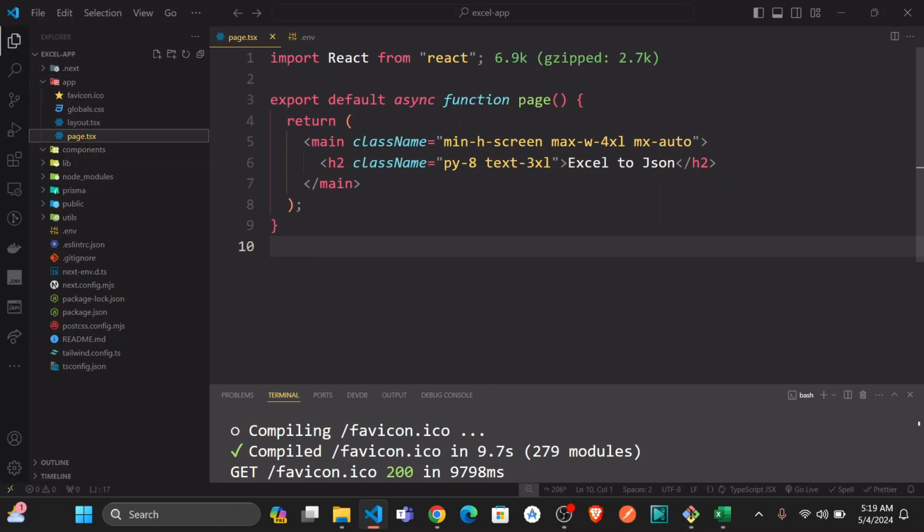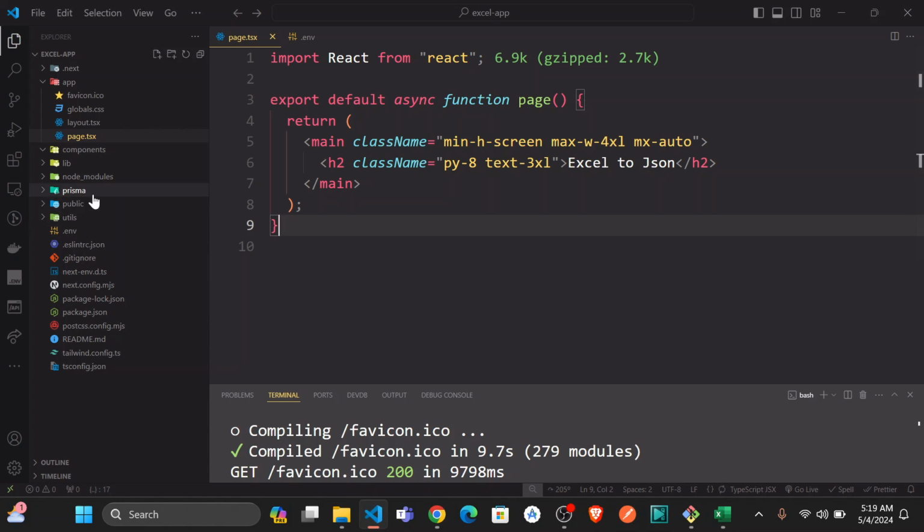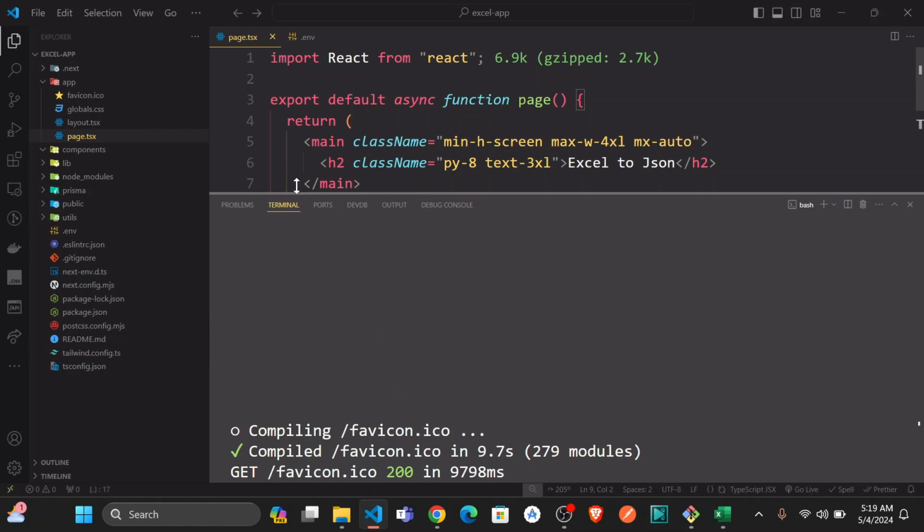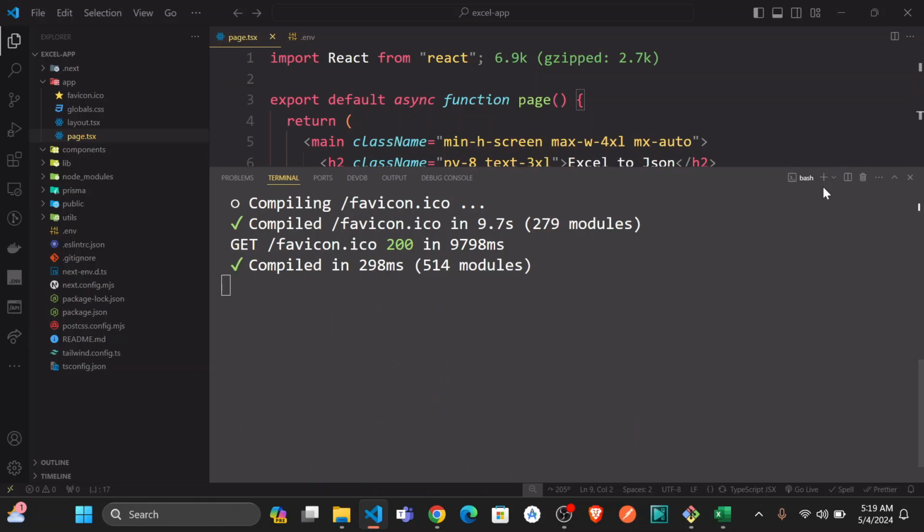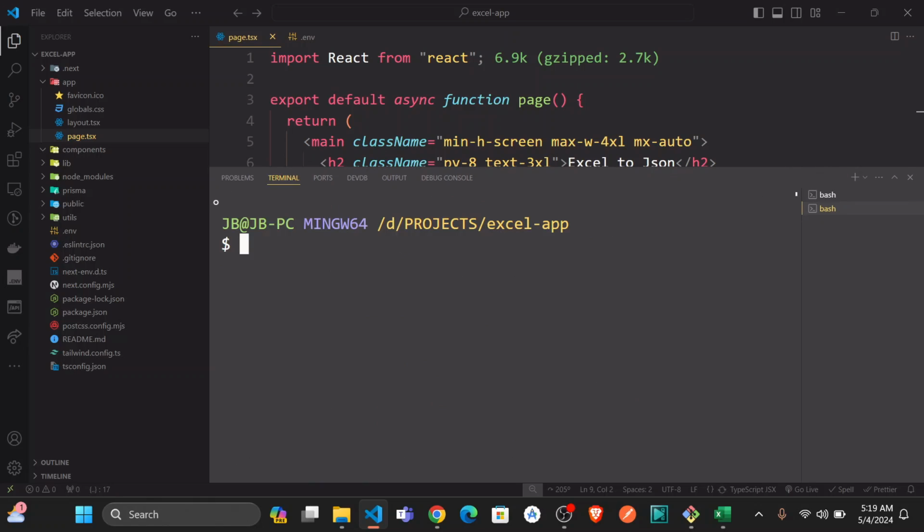I have here in the layout, there is nothing much. I have this heading, Excel to JSON, which is on the screen right now. And that's it. The other things, let's install a couple of things. So the first thing you're just going to install, of course, is going to be Prisma. So you can just go ahead and say npm install prisma, and also install